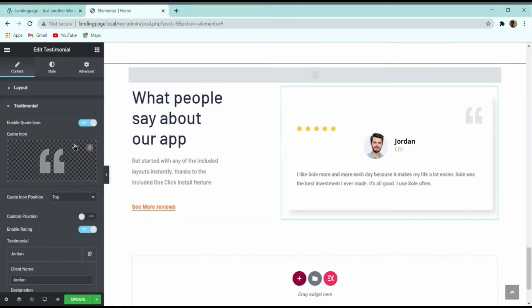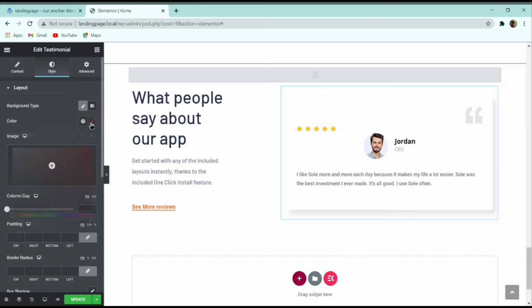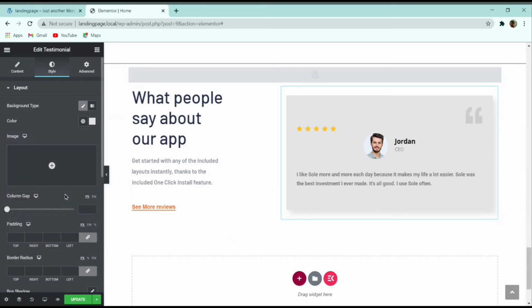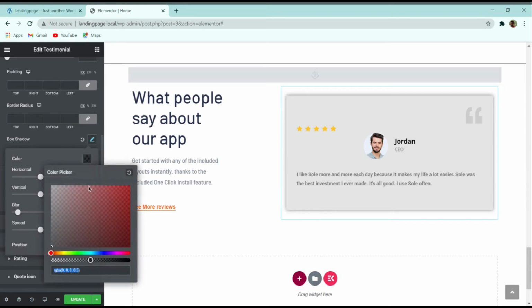After that, let's go to the style option, and here you can select this background type. So let me give a background color, E5, the background color which I have taken. And then here you can see in this box shadow option, let me reduce some color in this box shadow.